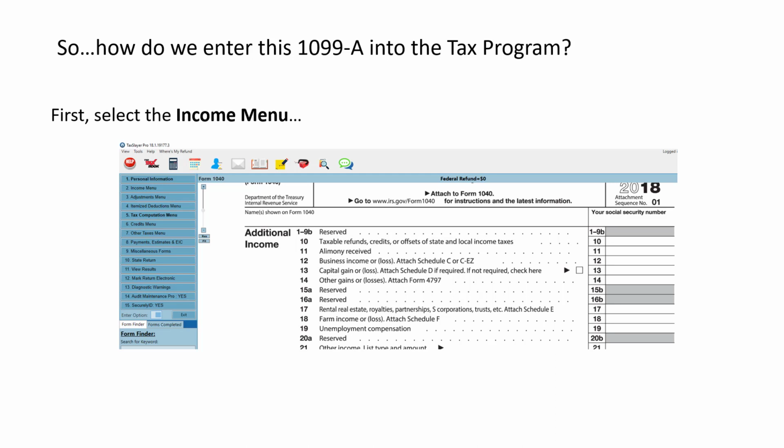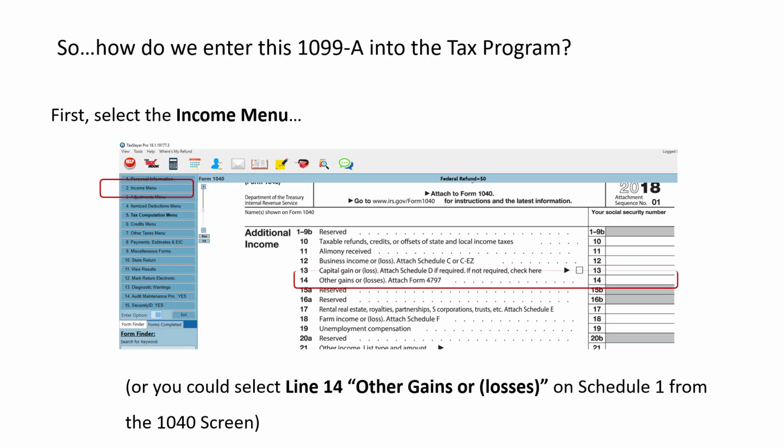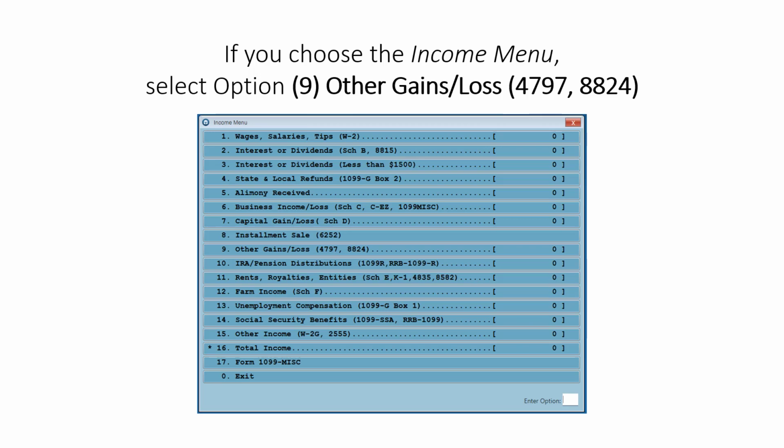Well, first, we'll select the income menu, or you could select line 14, Other Gains or Losses, on Schedule 1 from the 1040 screen. If you choose the income menu, you'll select option 9, Other Gains or Losses, 4797, 8824.